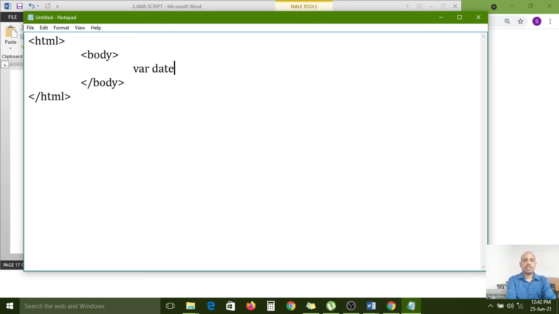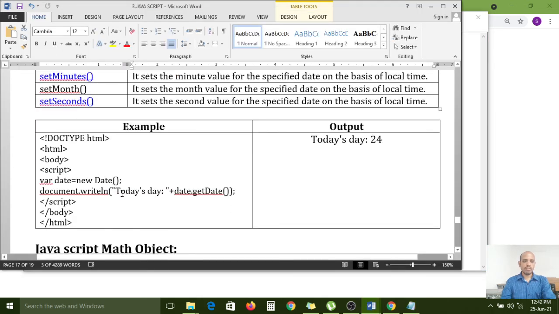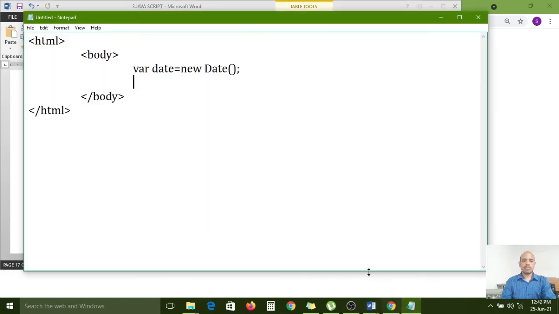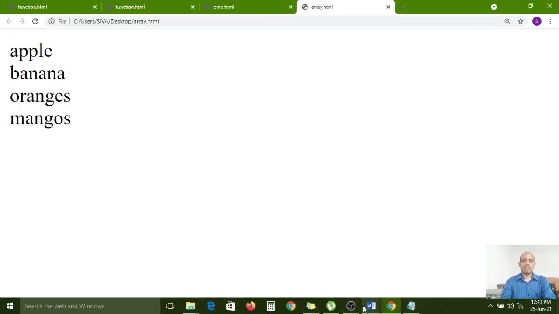Now var date equals new Date constructor I am using, and today's date is the date.getDate function we have. document.write of today's date, date dot. Now what are the functions we have?